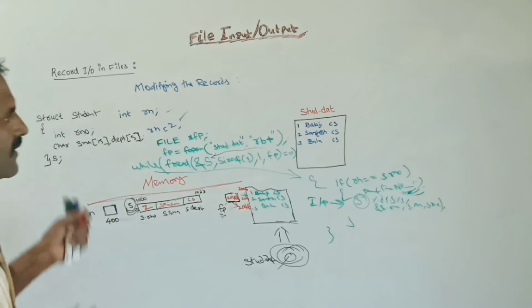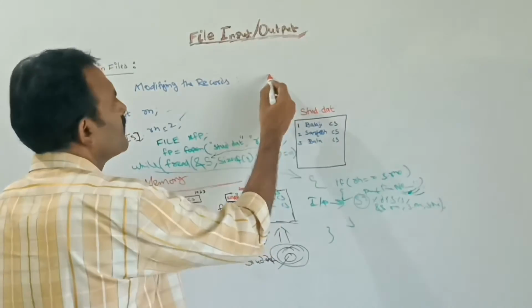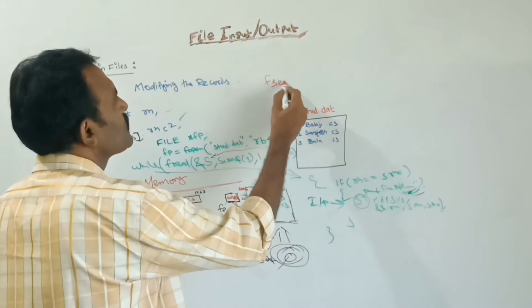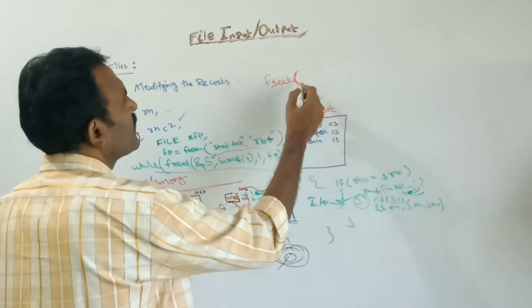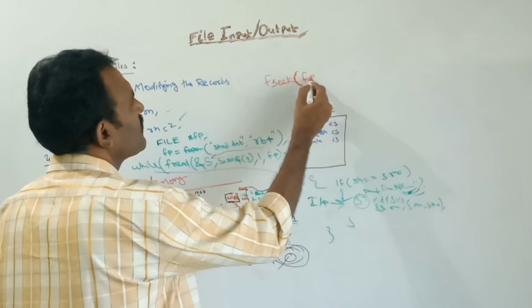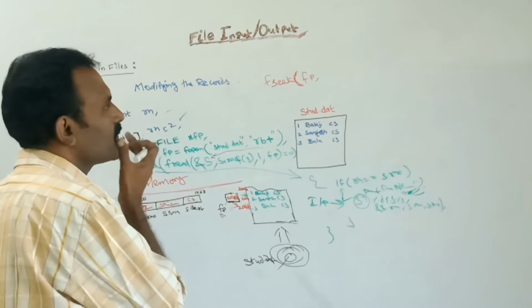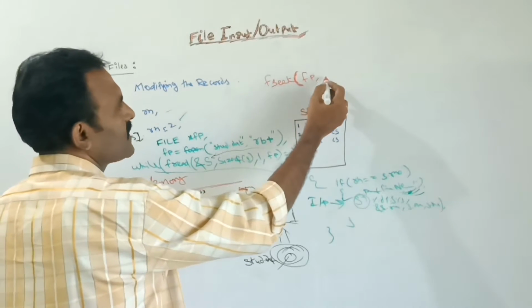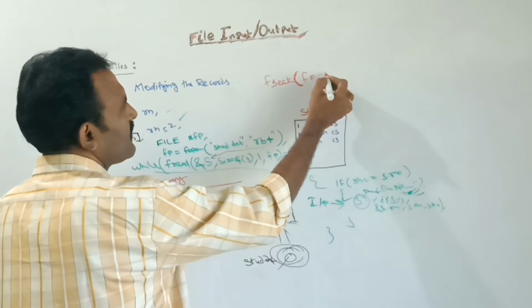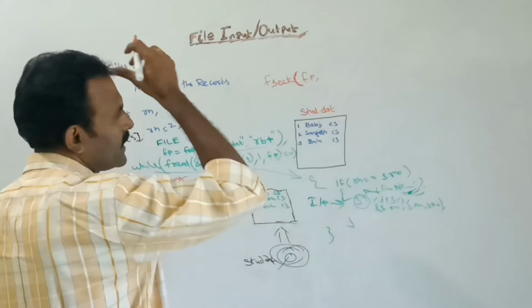So here for fseek I am telling, this is used to move the file pointer. Here, very first, we should mention the first argument, you should give the file pointer. Next one, here, the offset value. Here the offset value we can give in bytes. So here, for example, now let us take this one.